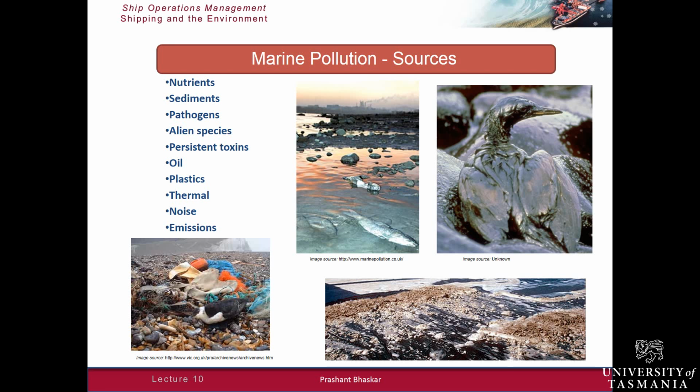Then you've got the sediments. That's the second dot point, sediments. And these are sediments which result from erosion of soil from mining, forestry, farming, and other land use. And what they do is they cloud the water and they impede the photosynthesis below surface waters. And they can also clog the gills of fish, and they can bury and smother coastal ecosystems.